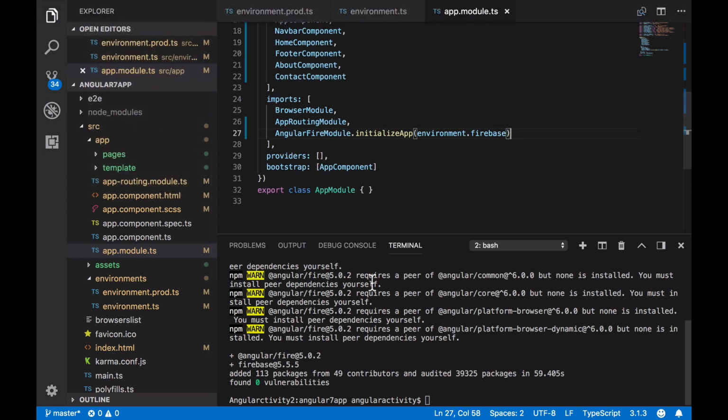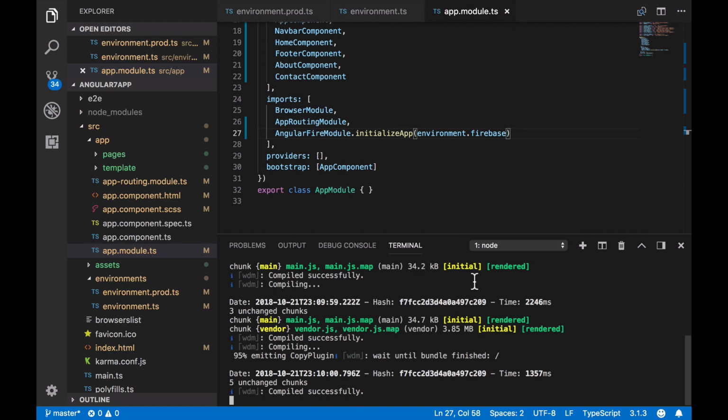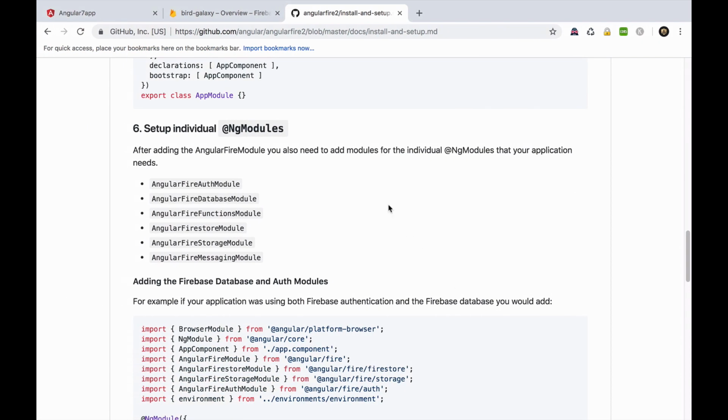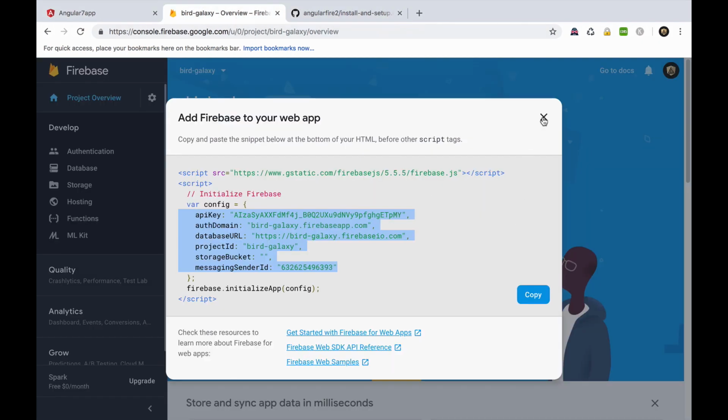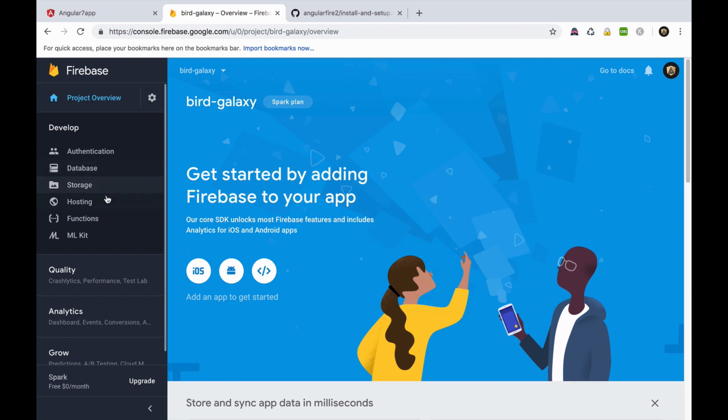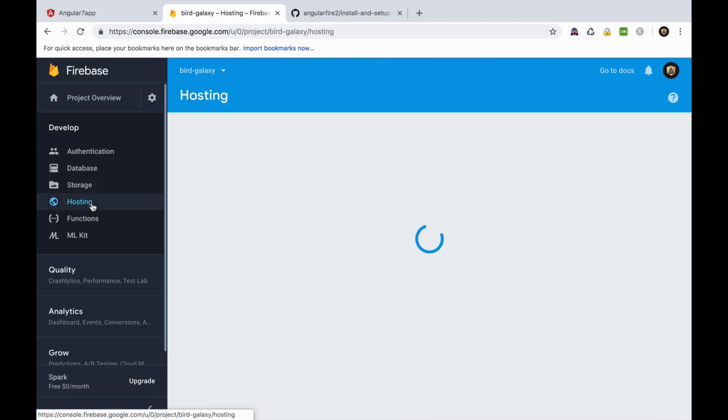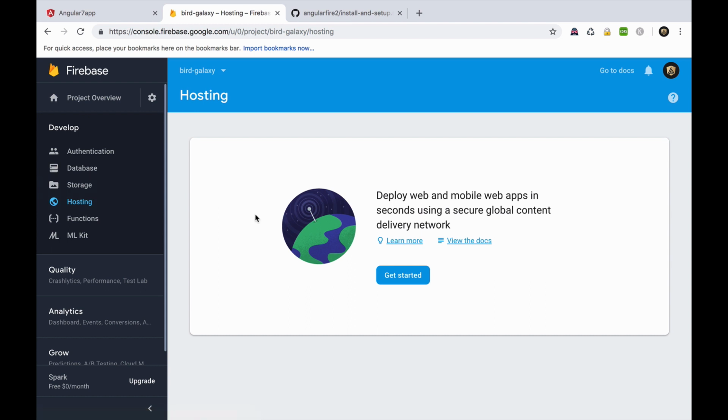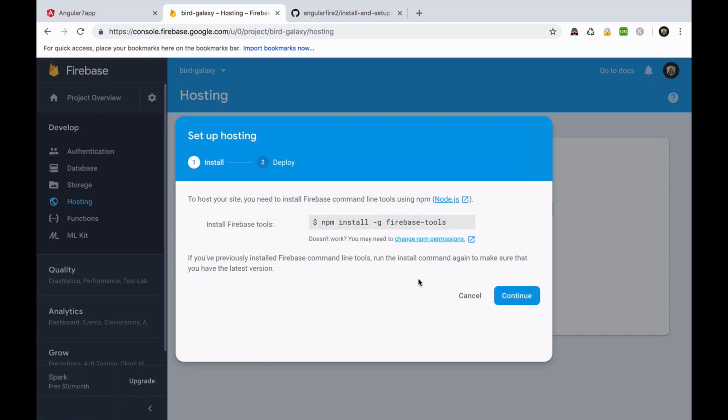Now we are ready to do the most interesting part of this tutorial, so let's head over to the Firebase console. Head over to the hosting section, and what we are going to do now is follow a guide for deploying our application. This is going to be pretty simple because Firebase has a really step-by-step guide, and we're going to follow it as shown here.